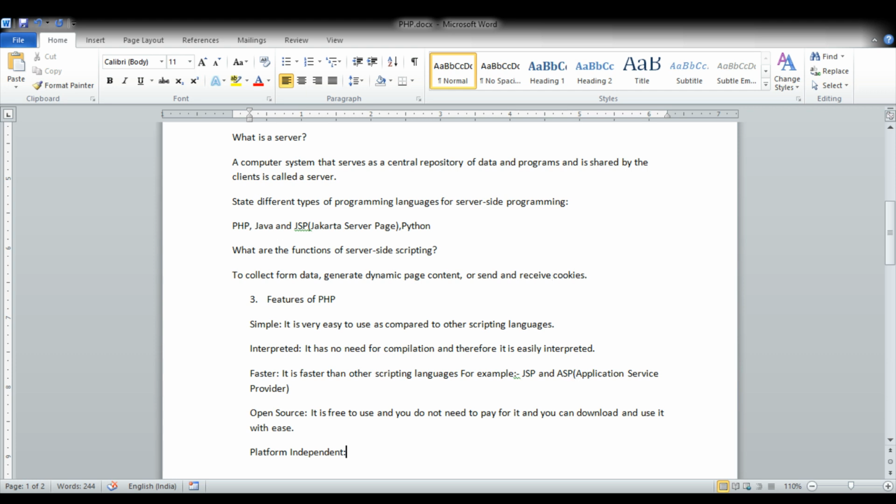So it is compatible on every platform. So we'll write it down: PHP code will run on every platform,